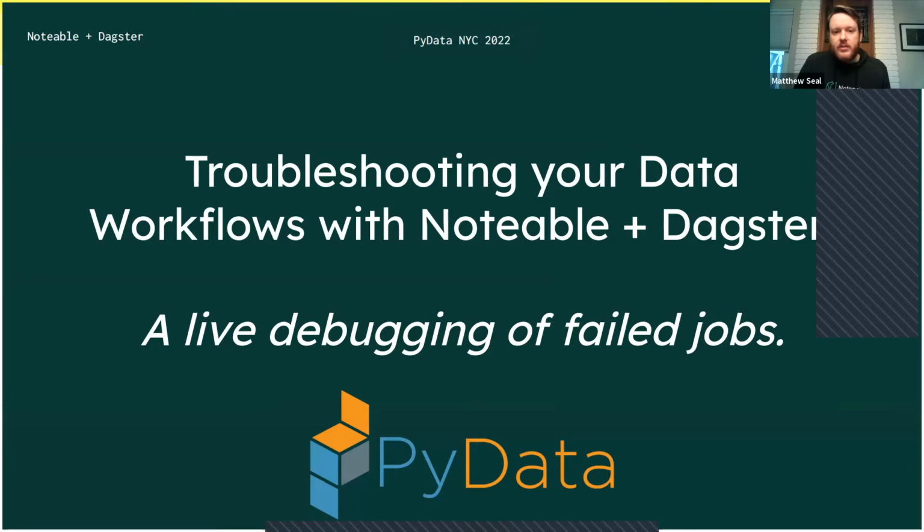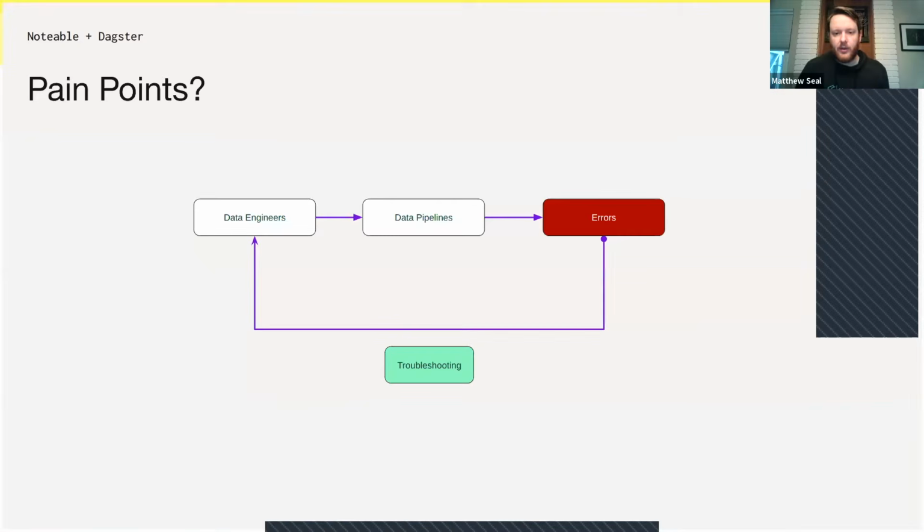So one of the things we wanted to intro here was troubleshooting data workflows with Notable and Dagster. And we really want to walk through a live example and be able to guide some folks in how this can be achieved, and follow along on some of the blog posts and the content that we're walking through. So from the beginning, I want to talk a little bit about the pain points